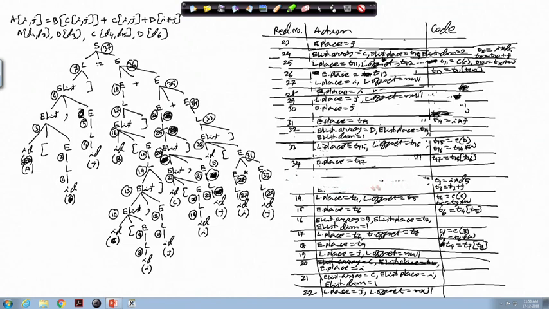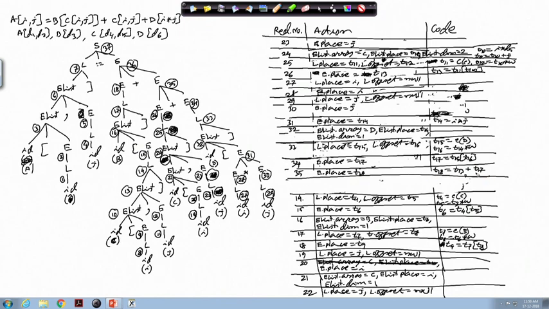Now, reduction number 35. So, this is E plus E. So, 35 it will be doing E.place equal to a new temporary T18, and then it will generate code that T18 equal to T13 plus T17.